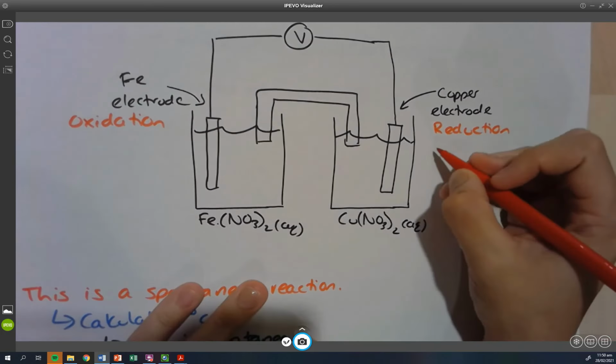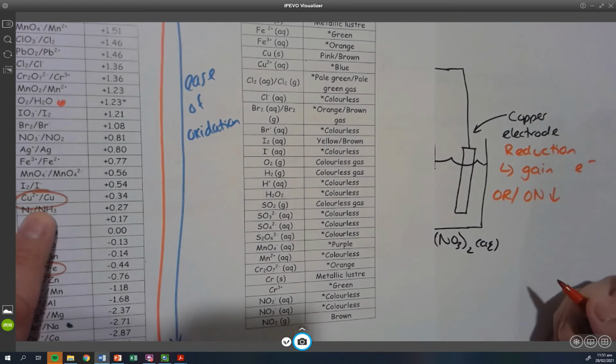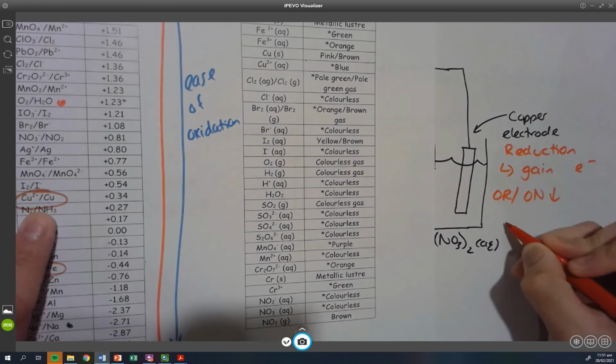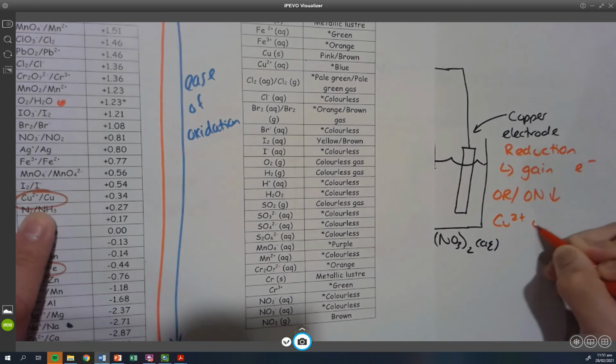So that's the other component for the achieved. The last component for the achieved is just stating what you know is going to happen in that redox reaction. So I have stated that the copper electrode is going to be the reduction. If I look at this reaction here, we have to remember that this pair is in the direction of reduction and the opposite is in oxidation. So since I have stated copper to copper is the reduction reaction, I would be stating that the copper 2 will be reduced